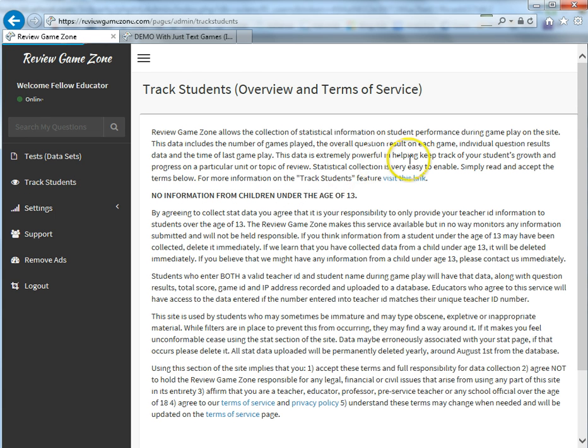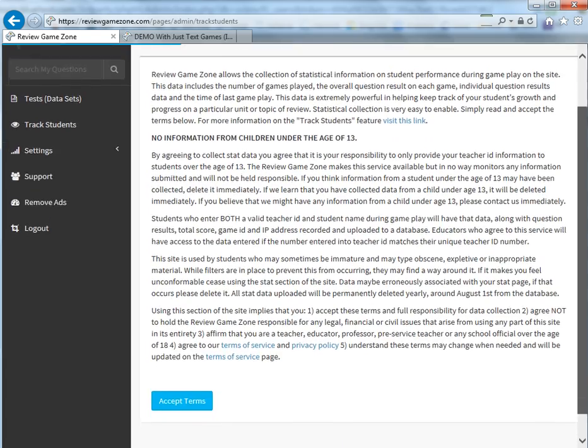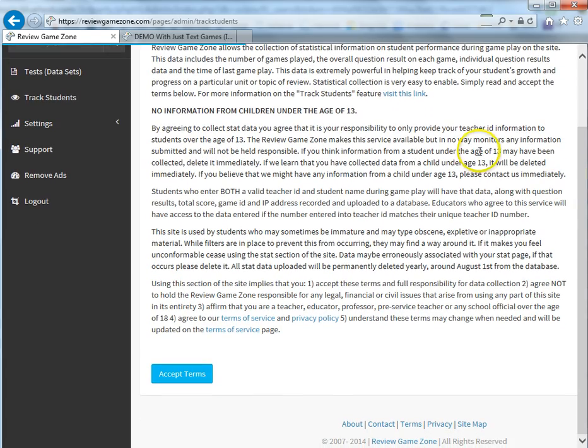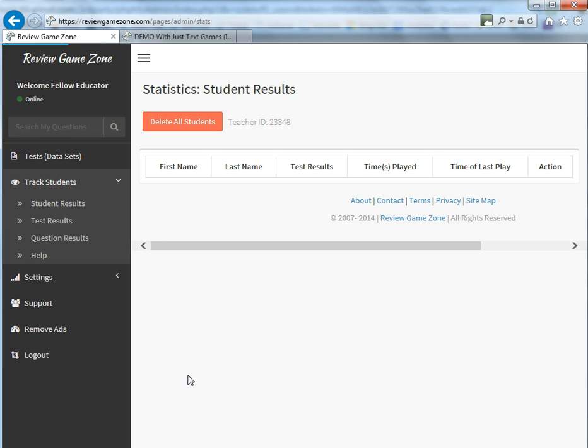To use this part of the site, there's some extra information you do need to agree with. The one big piece of information we are asking you to look at is no information from children under the age of 13. So if after you go through and read all this and you are not going to be collecting information from children under the age of 13, quickly select Accept Terms, and then you'll be brought to this